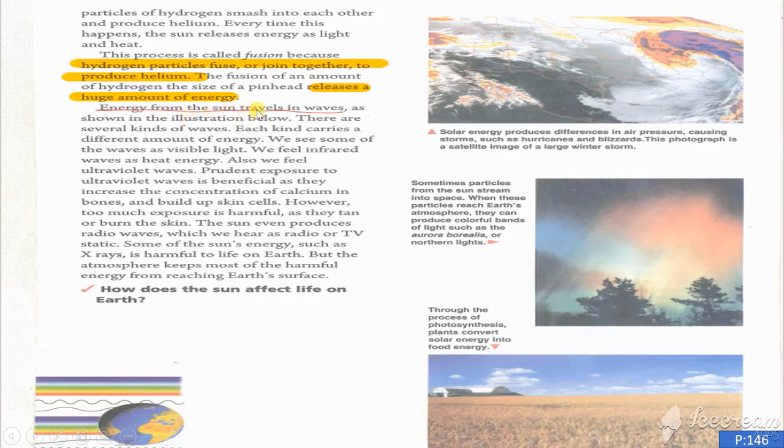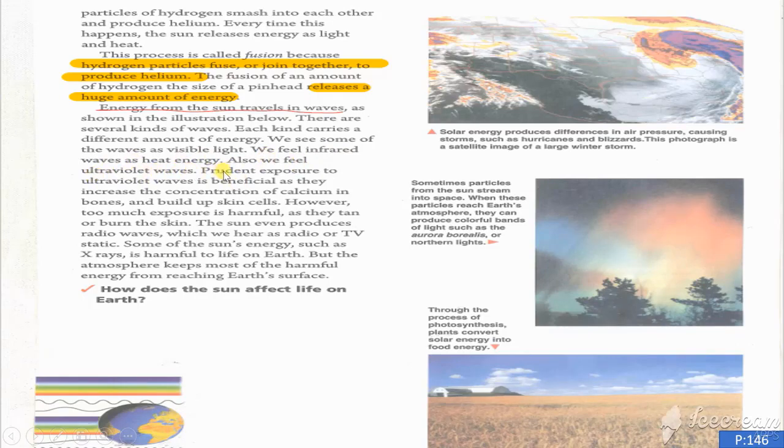Energy from the sun travels in waves. As shown in the illustration below, there are several kinds of waves. Each kind carries a different amount of energy. We see some of the waves as visible light. We feel infrared waves as heat energy. Also, we feel